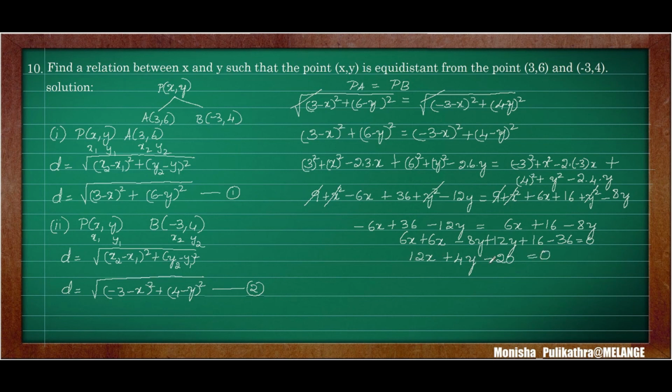So now these three numbers can be divided to get single digits. So divide throughout by 4. Okay, so divide it by 4. It will become 4 3s are 12, so 3x. Here the 4 cancels. 4 1s are 4, so 1y. 4 5s are 20, so minus 5 is equal to 0. So they have asked to find a relation. So this is the relation, 3x plus 1y minus 5 is equal to 0.